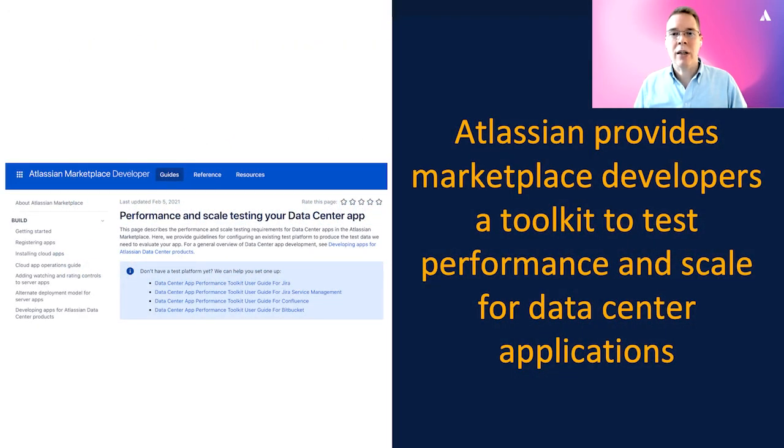Atlassian provides plugin developers a toolkit to generate test data used to certify their plugins for data center compatibility. We thought this could be also applied to testing changes in an instance's configuration. Much as a doctor could use a medicine for off-label prescription, we could use APT to test our instance for performance and scale. The screenshot on the left is of the marketplace developer documentation if you'd like to read about